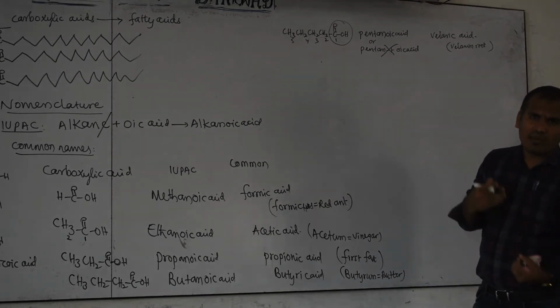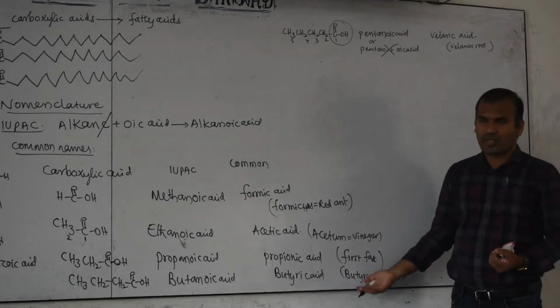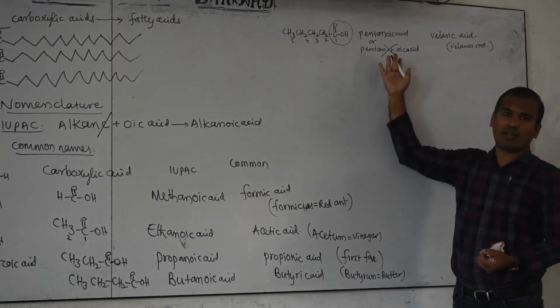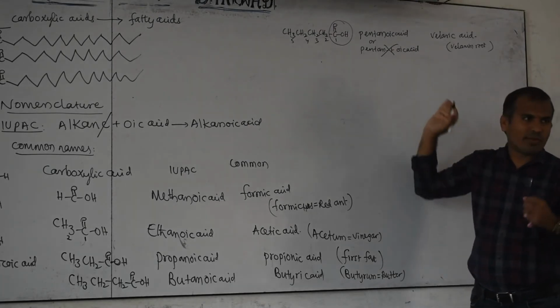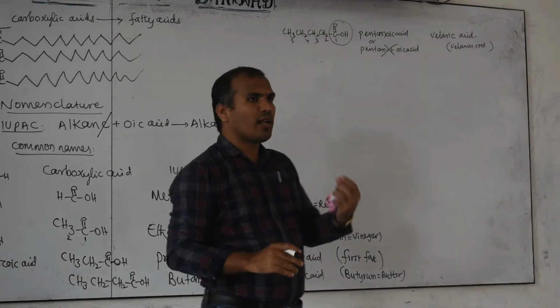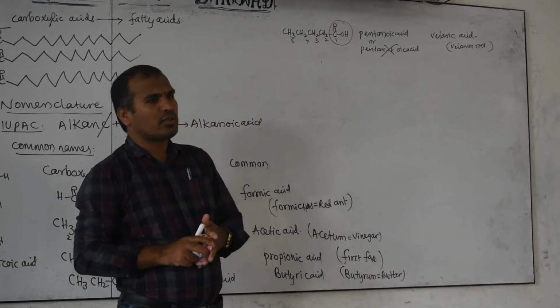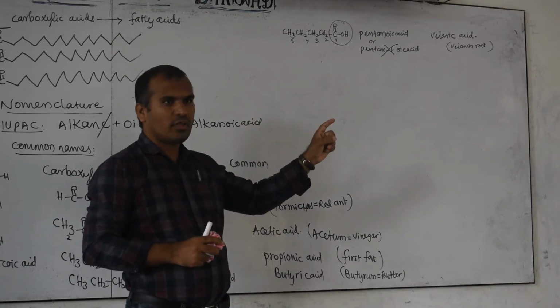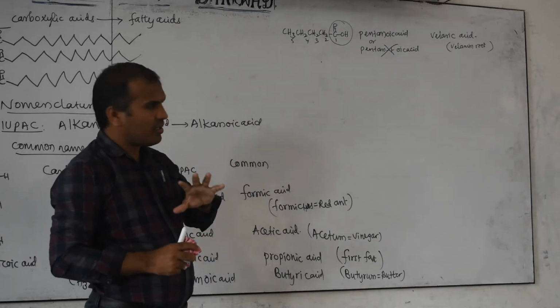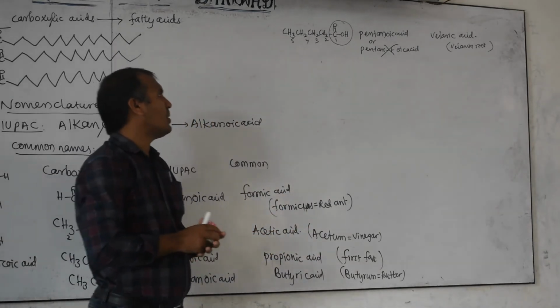Like this as carbon number increases, some common names are there, but in our textbook I hope up to butyric acid may be given. It may also be there or not, I don't know. But remember up to 5 carbons. Okay, 6, 7, 8 are also there in higher books, up to I think 10 carbons, they have their common names. So I am not discussing that, which is not required for our text. So you will use the concrete reaction that I discuss here.